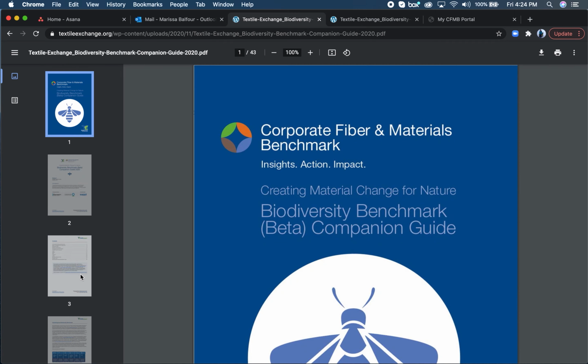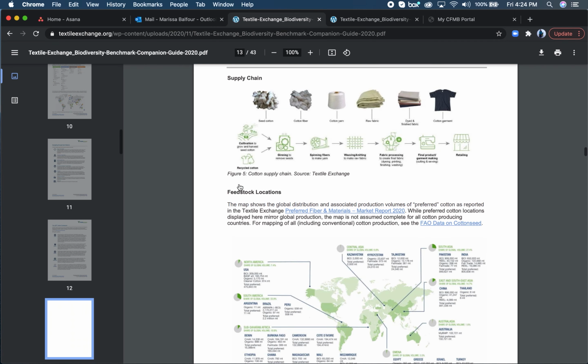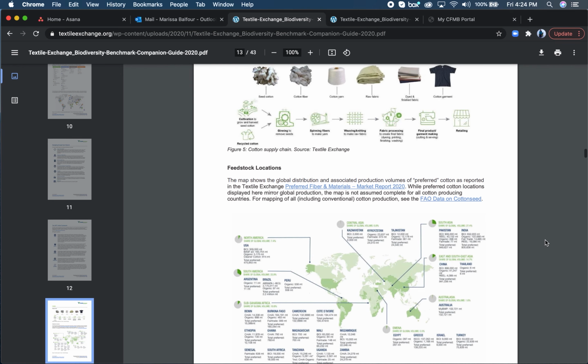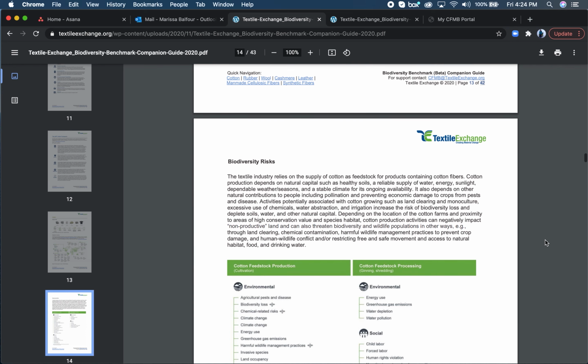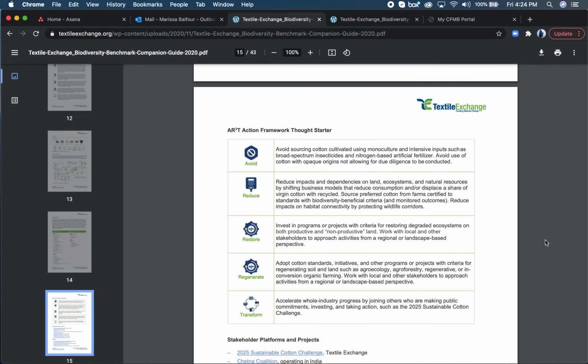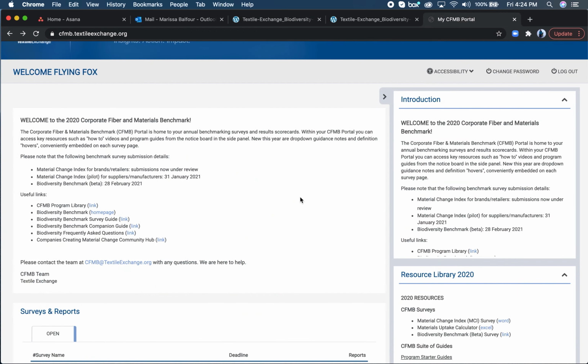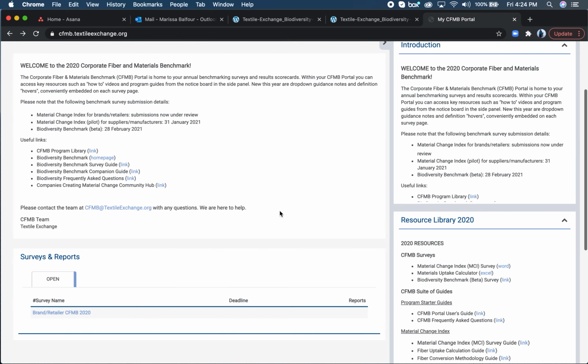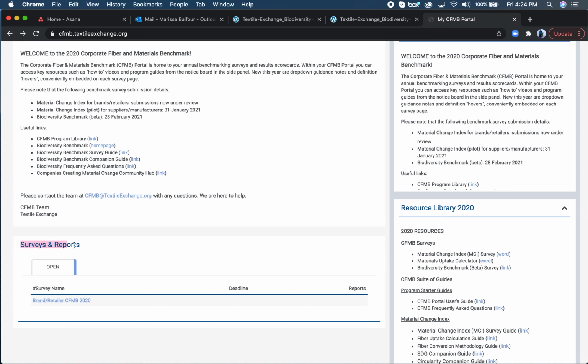We also have a companion guide available, which will tell you more specifics about different materials that you might be reporting on in the benchmark, some information about risks related to those materials, and some actions that you can take to address any impacts. So then going back to the benchmark page, you will scroll down to surveys and reports,